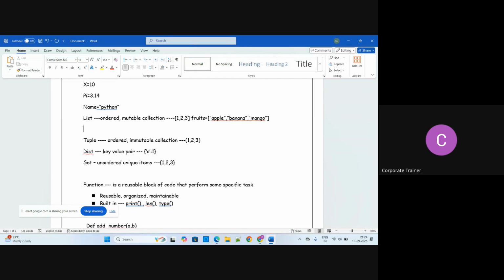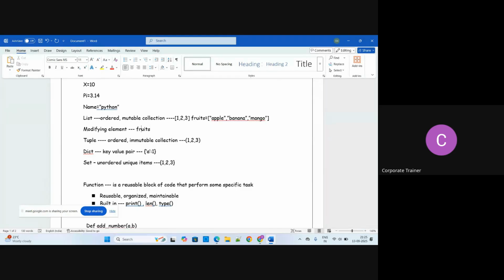So what I want to do is modify an element. I want fruits.